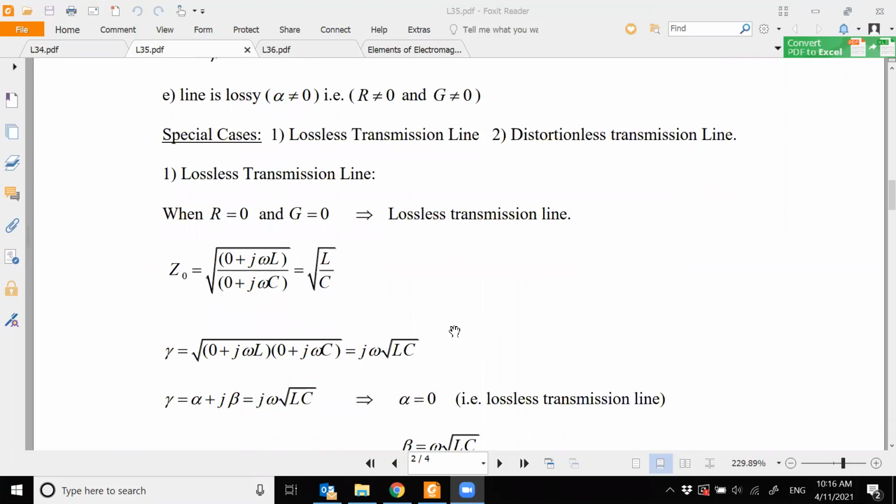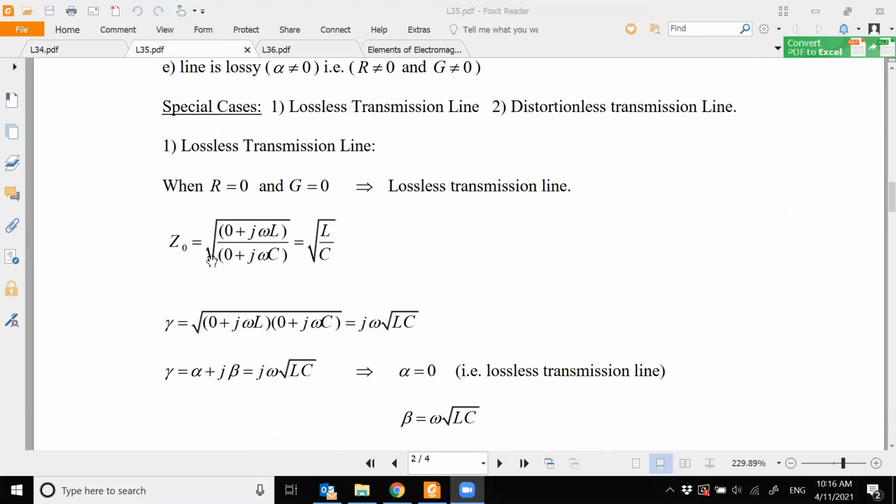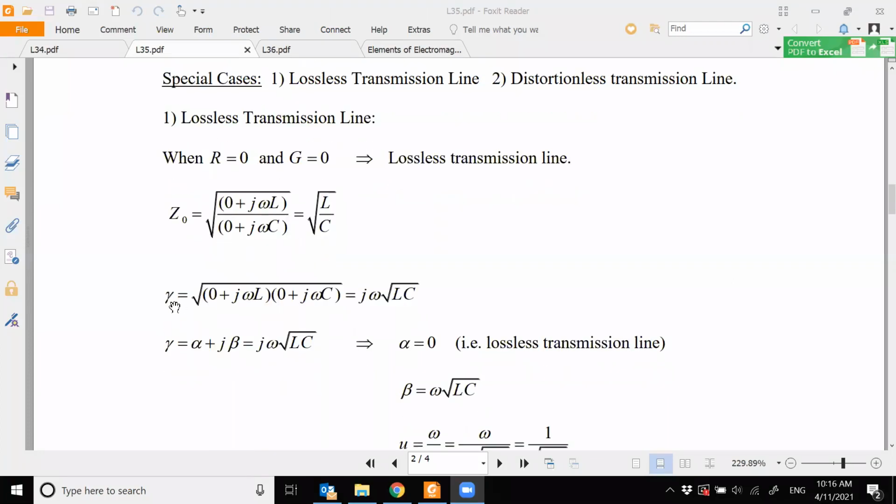Let's now simplify our expressions. So in this case, what will be my characteristic impedance Z0? R and G, if they become 0, then it simply becomes root of L over C. And my gamma, which is root of (R plus j omega L)(G plus j omega C), will become simply j omega root of